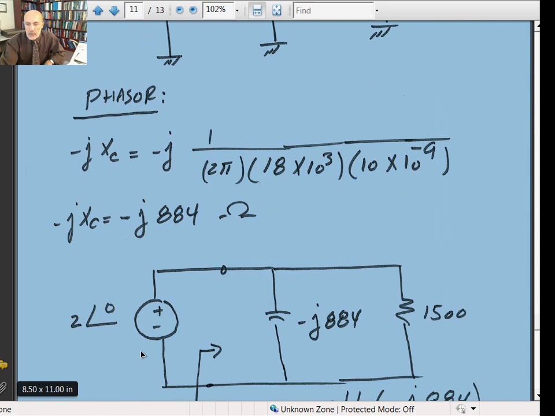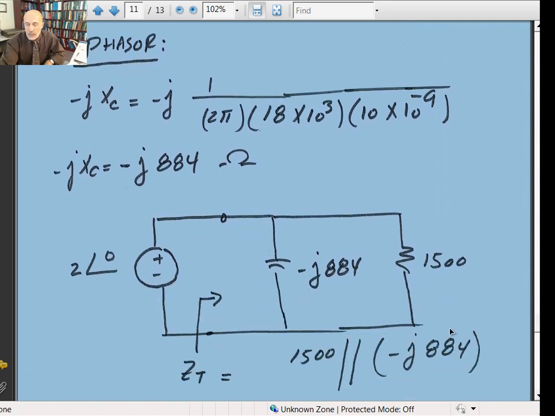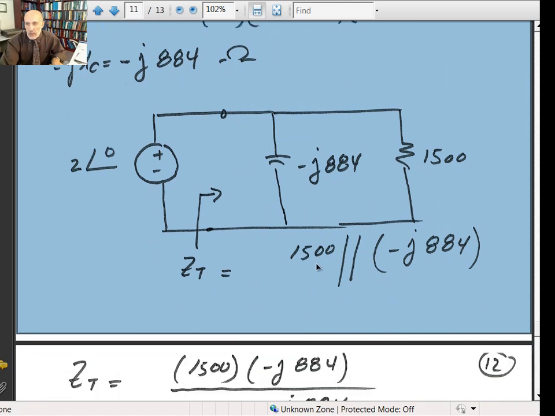The source is 2 at an angle of 0, the reactance is minus j 884, and the resistance is 1500. Calculate Z total. It says calculate impedance,